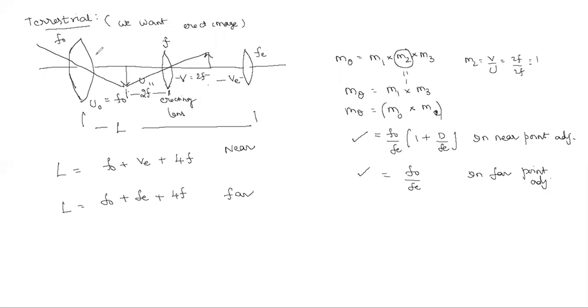And here we can see, this time the magnification is positive or negative? Positive. Previously we got negative, meaning inverted. Very good. So by this, the telescope's concept is over now.